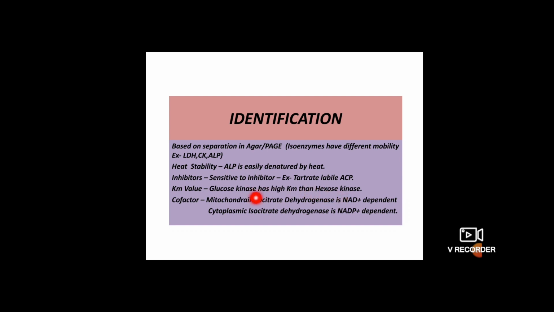Both are kinases, which means both add a phosphate to the substrate, and thereby the product forms a phosphate compound. But here you can see hexose and here you can see glucose. The difference between these two is that glucokinase will bind only to glucose, but hexokinase will bind to any other monosaccharides, for example galactose, mannose, fructose. So it is not specific. Specificity of the enzyme is very important.